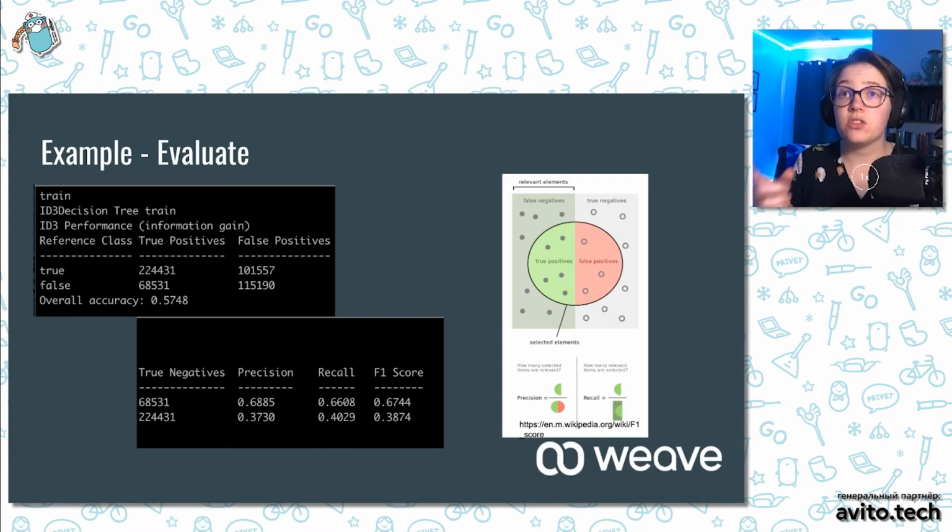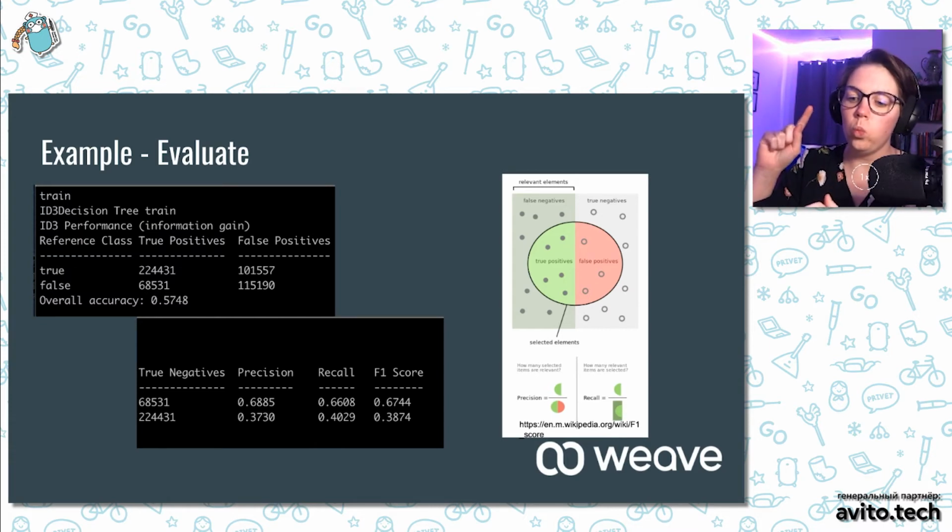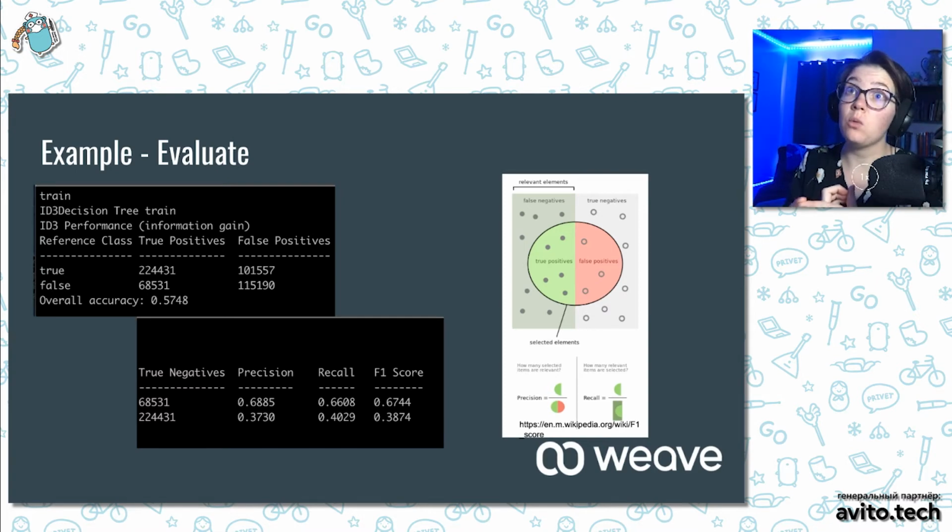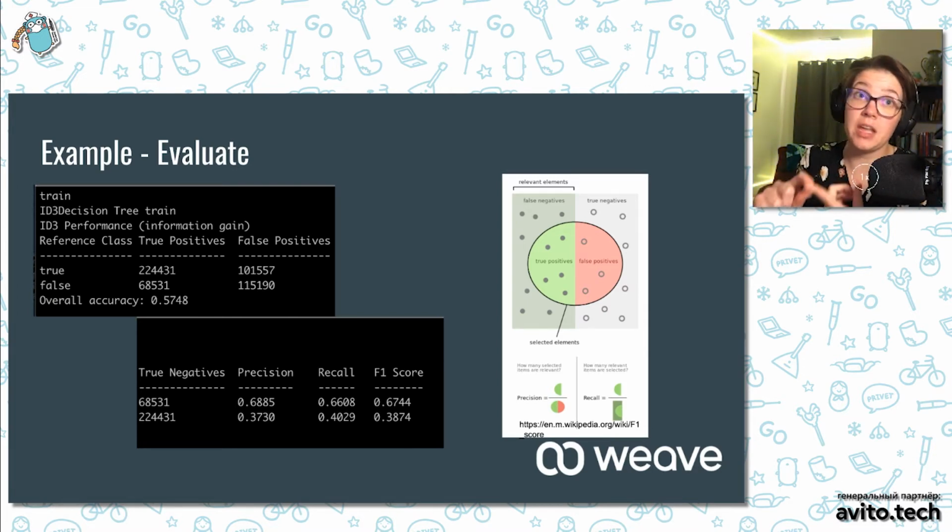So I stole this little chart from Wikipedia to kind of define what each of those are. A true positive would be when our model thought it was a name and that data was also labeled as a name. A false positive would be when our model thought it was a name, but it was not labeled as a name. A false negative would be when our model thought it wasn't a name, but it was labeled as a name. And then our true negatives would be when our model thought it wasn't a name, and indeed it wasn't labeled as a name.